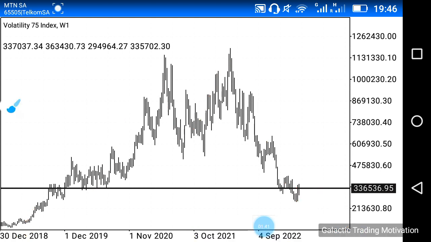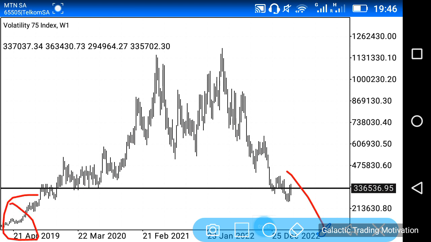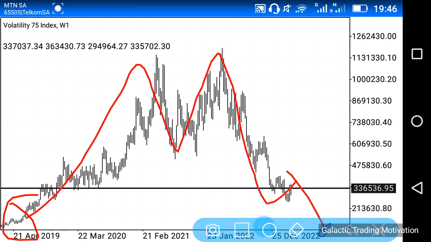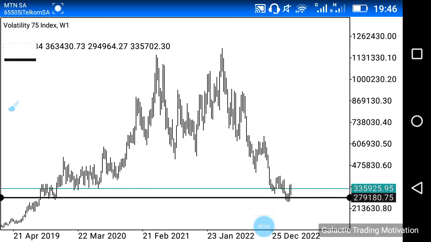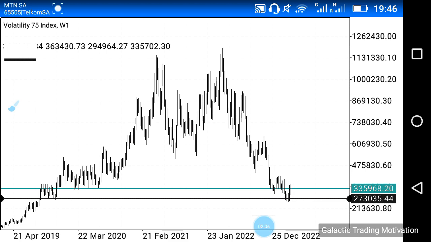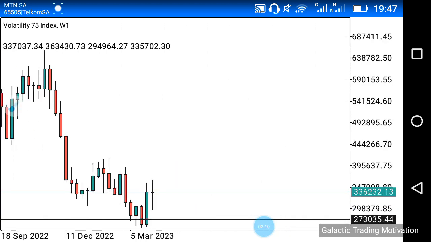Having said that, what I'm doing right now is just speculating. Nobody really knows exactly where the market would head to, but I would love to see the market continue to push further down to around this area over here, because that's more or less where it started, and that would be the completion of this M structure over here, right? Anyway, let's continue. I'm just gonna move this line to around here somewhat. Anyway, let's proceed, right? So now that we are on the weekly chart, what do we see?